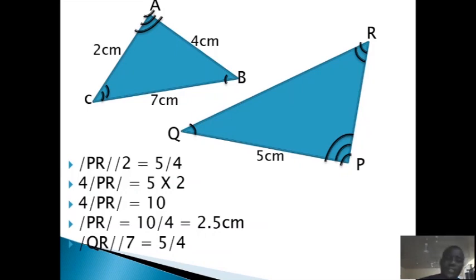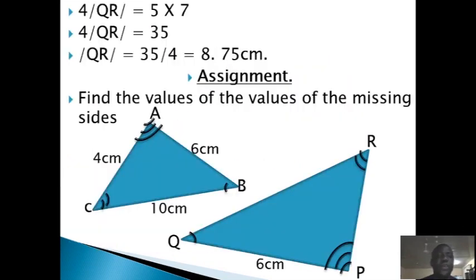PR ratio AC, 5:4. So when you continue this solution, you will now have QR to be equal to